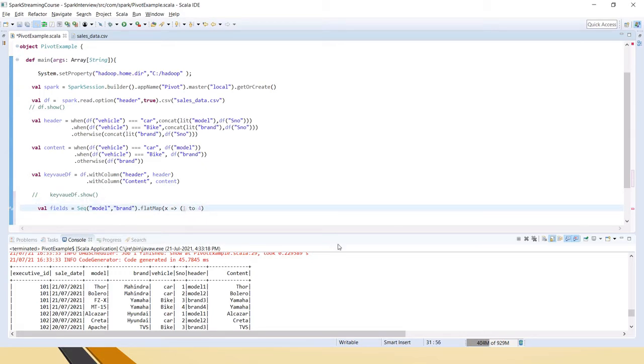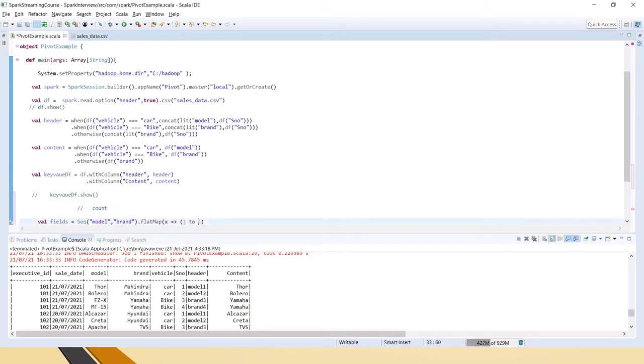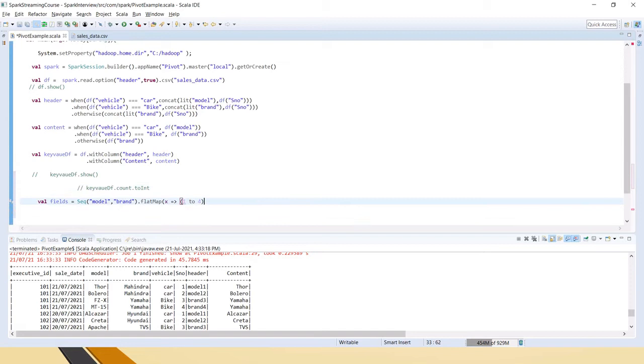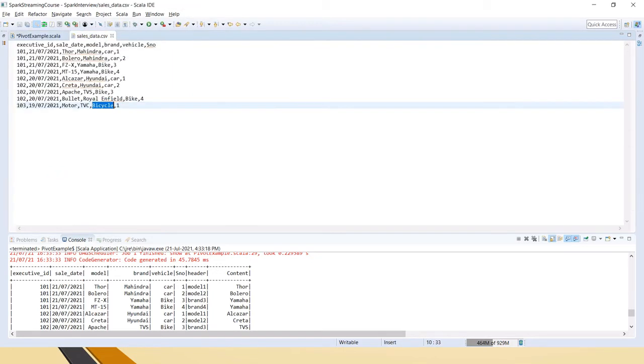If you don't want to hard code it, instead you can take the count, and have 1 to count here. You just have to use toInt. I'm leaving that to you so that you can check, and you can get back to me if you face any issues.